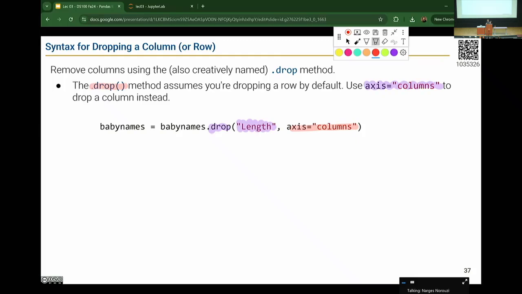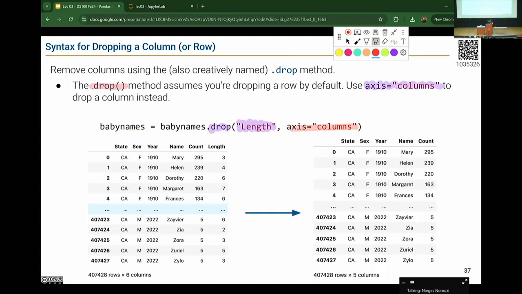So that's why you have to make sure that you tell it that this is a column that I'm dropping, because the default goes by rows. If you want to drop a row, you pass a label for the row, and then it will be able to drop a row, or you can also drop multiple rows at the same time. So in this case, I'm dropping that column, and you're seeing the result on the right-hand